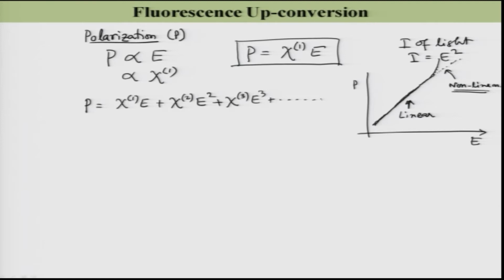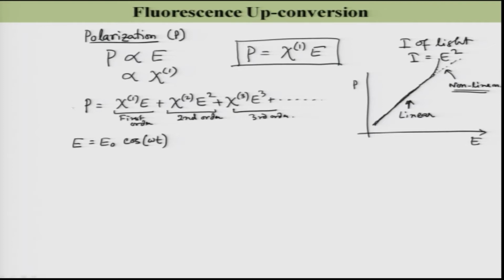So, with an amplitude E 0. So, let us say the E in this case. So, this is the first order, this is the second order, this is the third order, and so on and so forth. Okay. So, now if I think that E is equal to E 0 cos omega t, so this is the frequency,